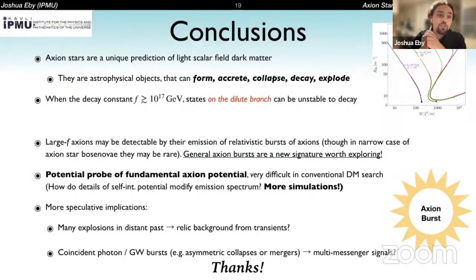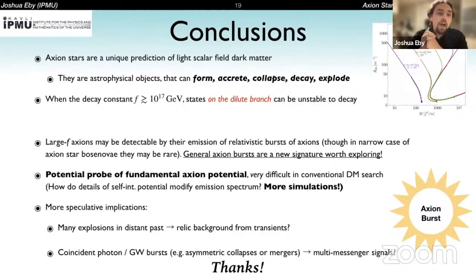Okay, so in conclusion, I would like to reiterate my two take-home messages. Firstly, in the first half of the talk, I would caution anyone who's interested in axion stars at large decay constants to not merely extrapolate the results at low f. And secondly, we think these relativistic axion bursts are really interesting, both in the specific Bosenova case where the details have been worked out by simulation, and also in the general case where this might be happening from general astrophysical